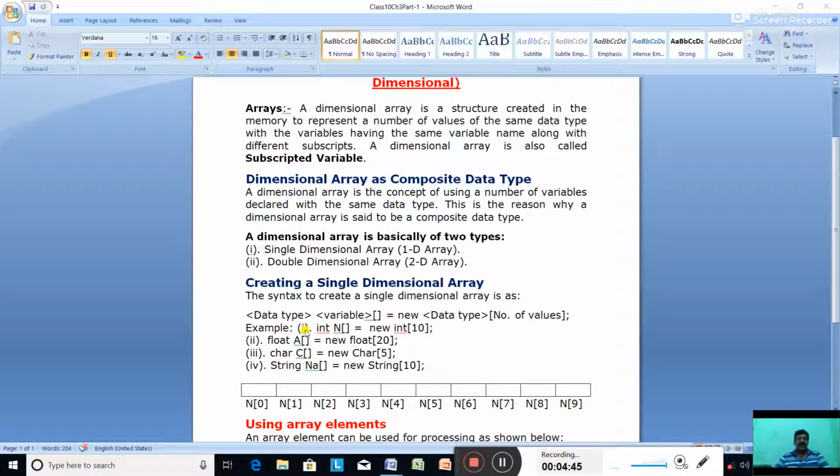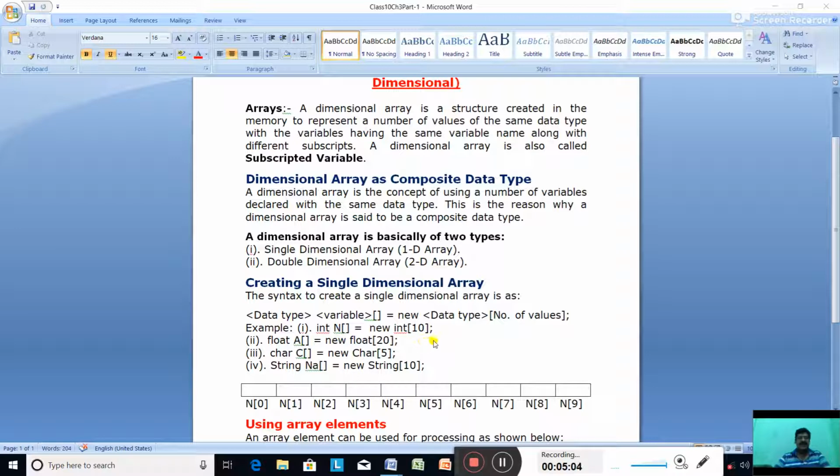For example, number 1: int data type, array name n, square brackets, equal to new int 10. Whenever we see this square bracket, remember it is an array variable. Do you know what will happen?